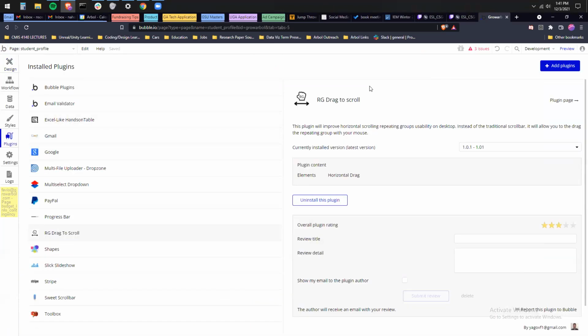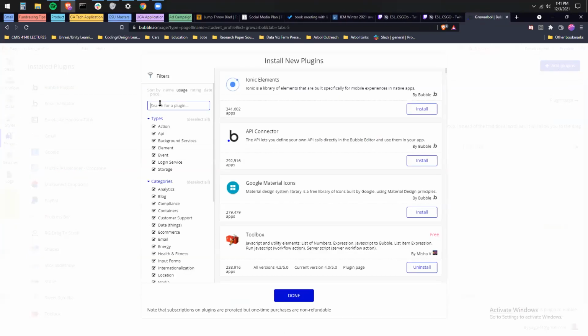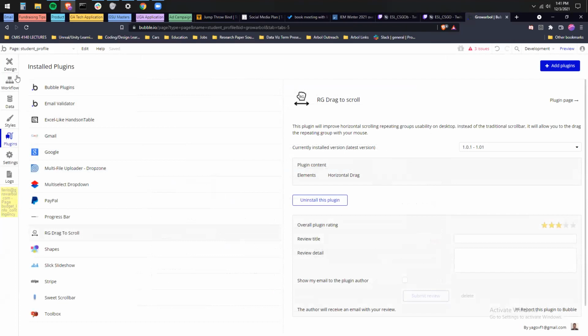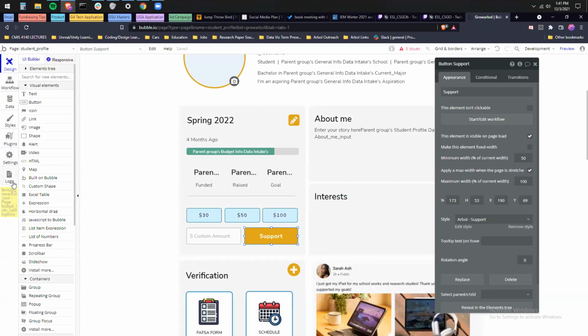The way that I know how to pay out the students is you could collect all of the money in Arbol's Stripe platform account and then not have it directly sent automatically to a student, but also have the students sign up for accounts where you could send them money in Stripe directly. But I'd need to know more about what the needs are around Stripe and what the plan was for utilizing it.